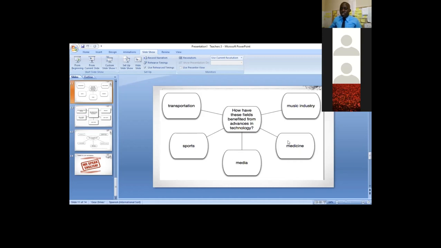Because someone can call, for example, from China. A doctor can be in China, and then another doctor can be in Ecuador. So there is what we call video conferencing. It can be a kind of video conferencing, but in this case, it's called telemedicine, whereby a doctor in one place can receive prescriptions from another doctor in another place. You get it? So I would use medicine and media at the same time, according to my opinions.